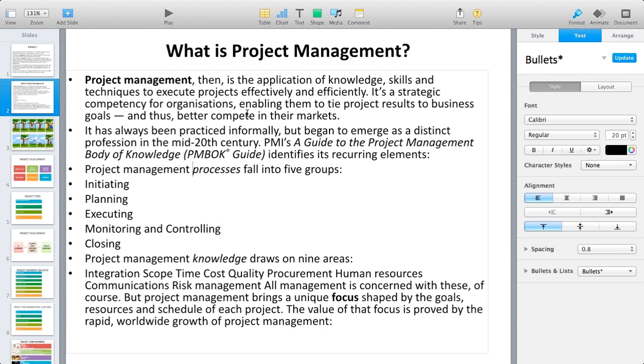Okay, let's continue. Project management then is the application of knowledge, skills, and techniques to execute projects effectively and efficiently. So, to design a project, one should need proper knowledge. What do you mean by proper knowledge? I mean, one should have a good understanding of different managements like cost management, risk management, procurement management, and also a very good idea about the steps, how to follow the steps to design a project. So whatever project you design should, at the end of the day, be effectively